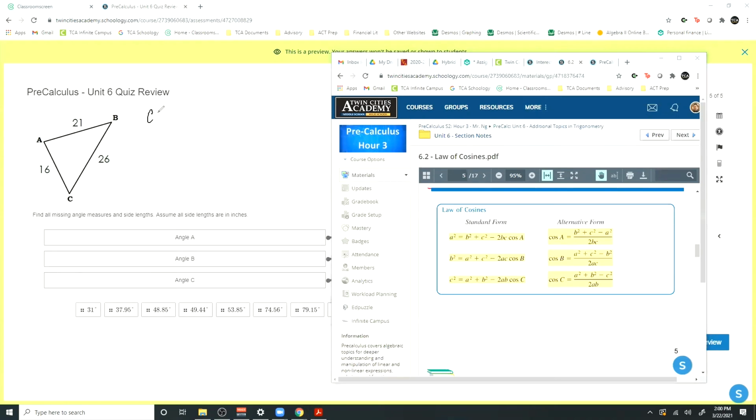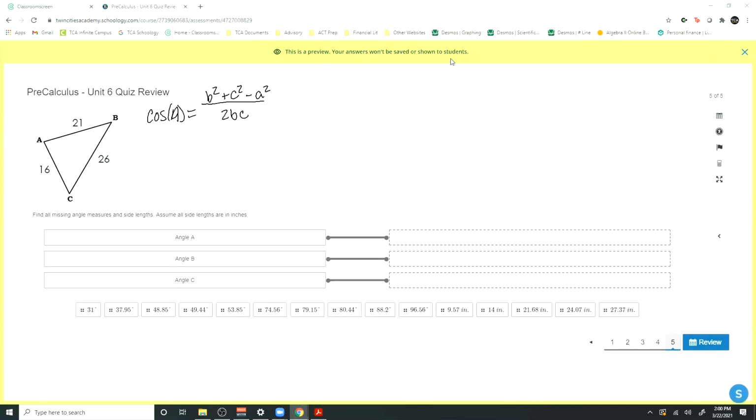So cosine of A is equal to b squared plus c squared minus a squared over 2bc. Filling in what we know,